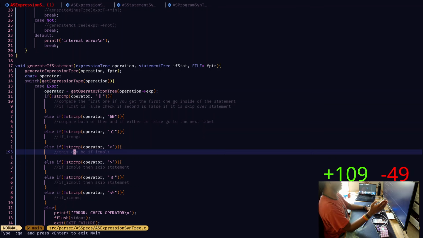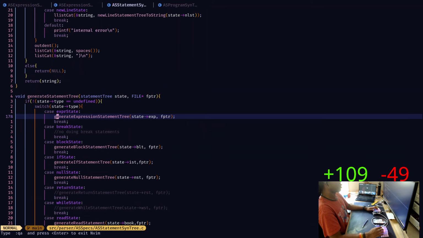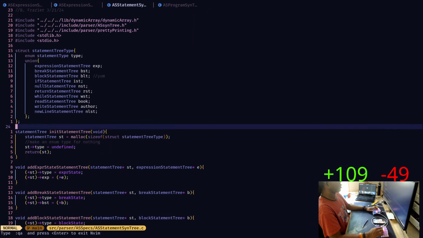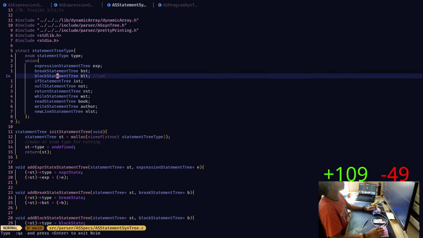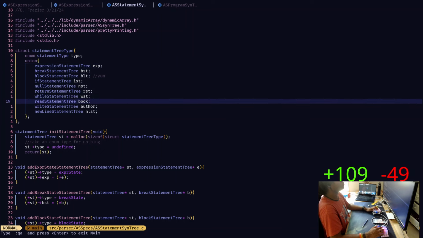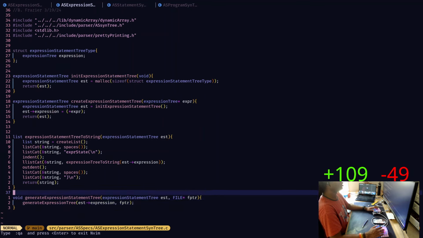So we have the operation. And then, oh shoot. So I need the first part and the second part of the statement. Wait. This is breaking my brain right now.